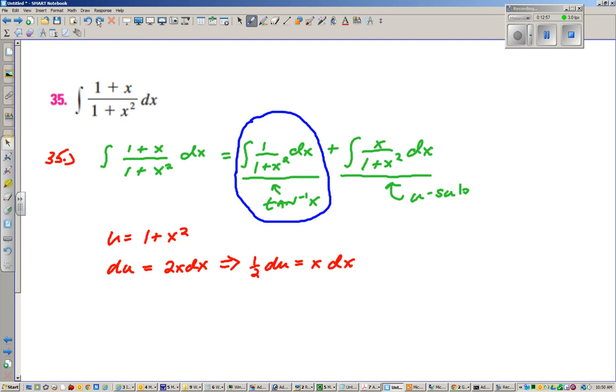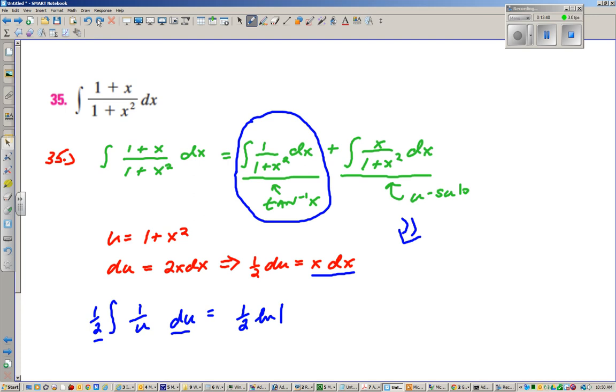So the only piece that we have to work on is the second term, and that's going to demand a rather simple u substitution, which I've suggested in the red. So continuing with that piece, let's write the integral, and the x dx part is half a du. So I'm going to take that x dx out, and in its place write half a du, and I can kick that 1/2 up to the front because it's just a scalar or multiplier. The denominator will become 1 over u now,